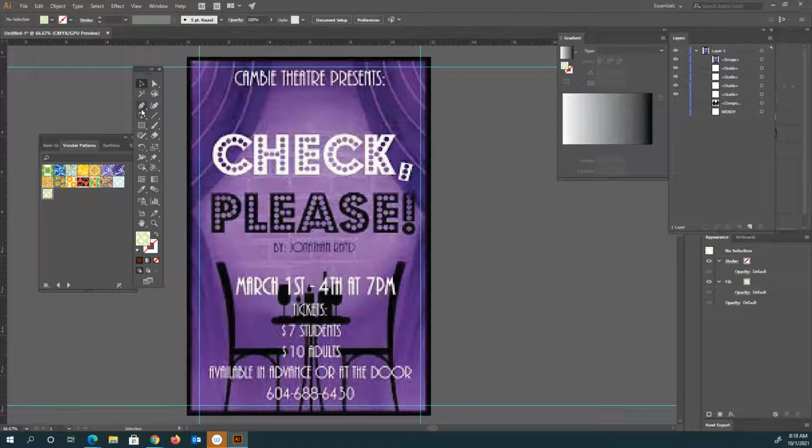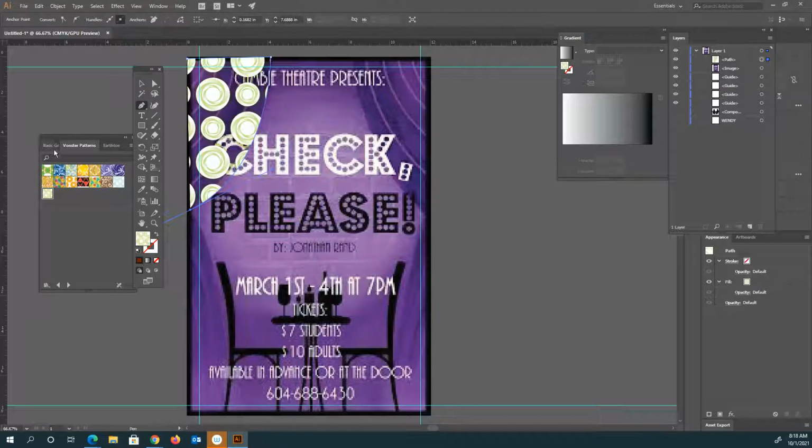So what you can do is use your pen tool, and I'm going to come in here and just kind of trace the curtain swag. I really only need to do one side. Oops, I need to change this to a fill rather than a